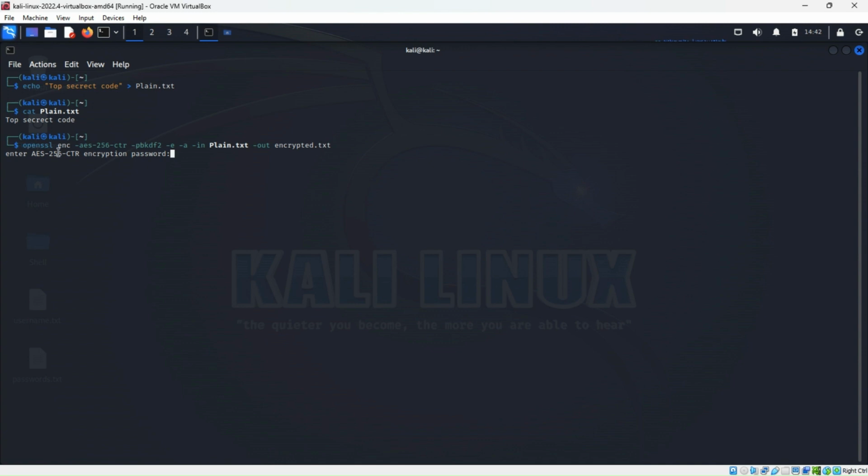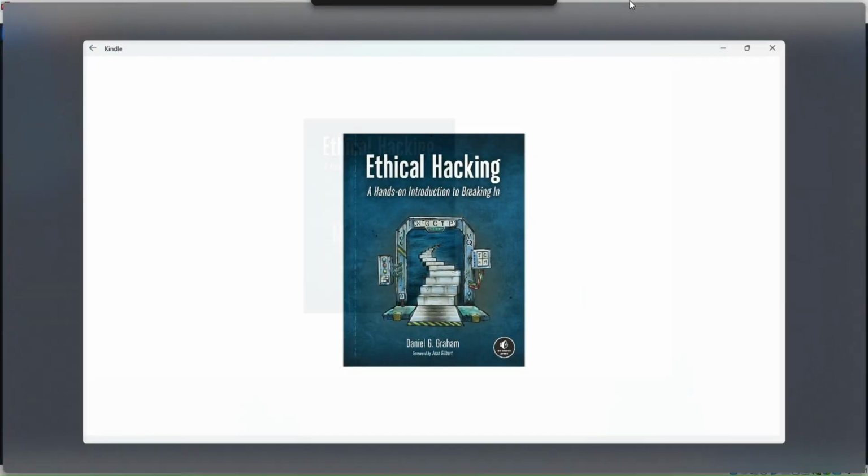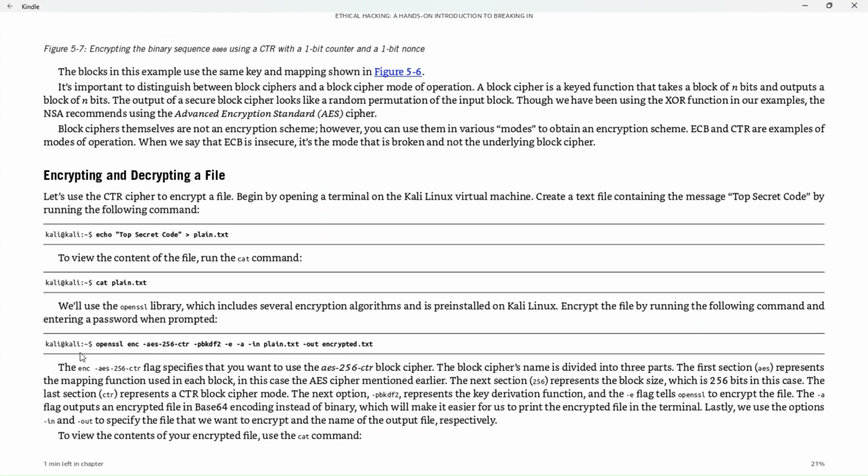Okay, the password is going to be just Kali, because I don't care. This is just for an example, but you guys are going to make your own password. The ENC